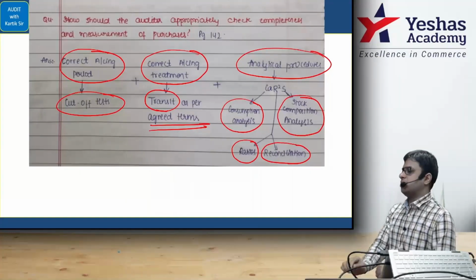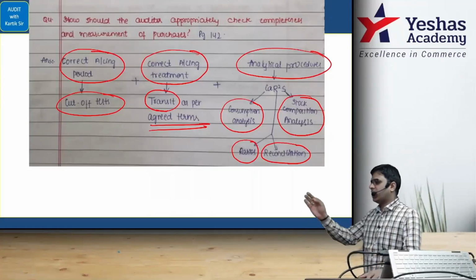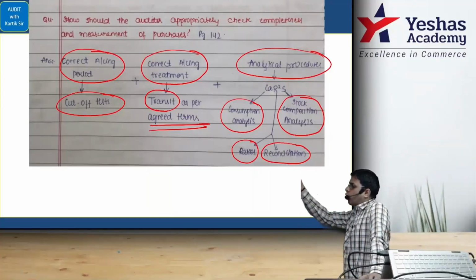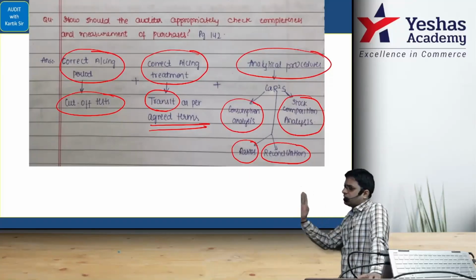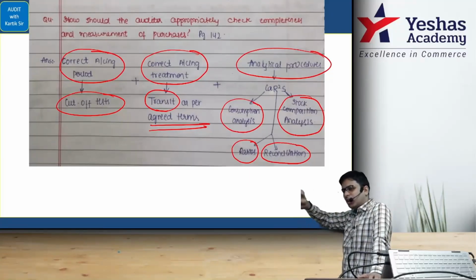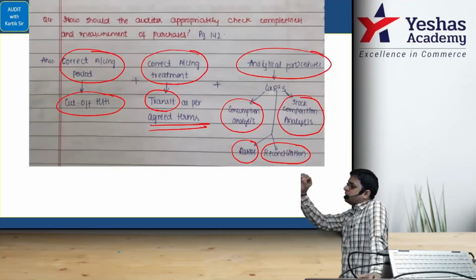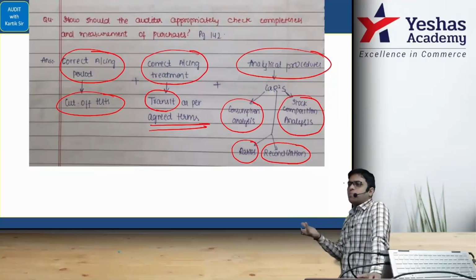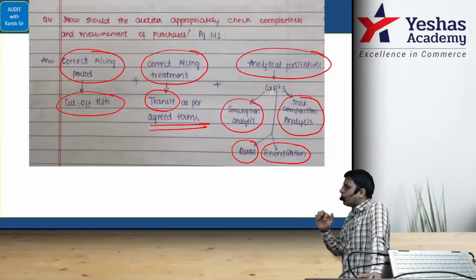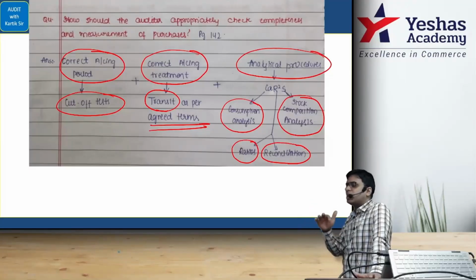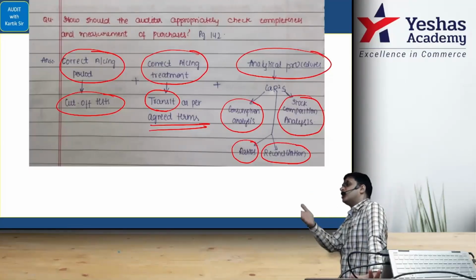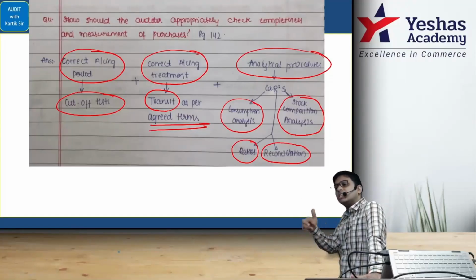Composition basically means, suppose as an auditor I observed that for the last 3 years, on 31st March, raw material, WIP and finished goods are in the ratio of 40%, 40%, 20%, almost the same, say 39, 41, 20. This year I see raw material is 0%, WIP is 10%, finished goods are 90%. Suddenly I wonder, what must have happened this year? Why is raw material stock not there? Maybe they reply that they converted all the raw material quickly into finished goods, which is why the finished goods percentage is much higher.